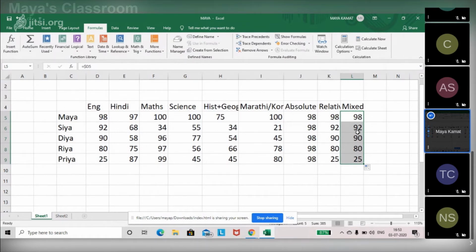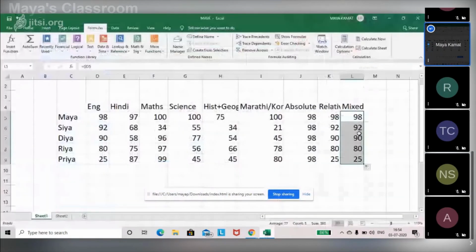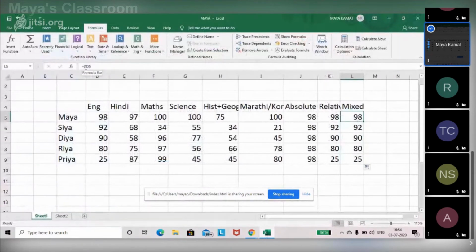So it keeps updating itself. The first is absolute reference to the column, and the second is relative to the row. See, in the mixed, what happens? The dollar sign is given only to the column. So the column is locked. The row is not given a dollar sign, so it is relative. The first one is absolute reference. The second one is relative reference.